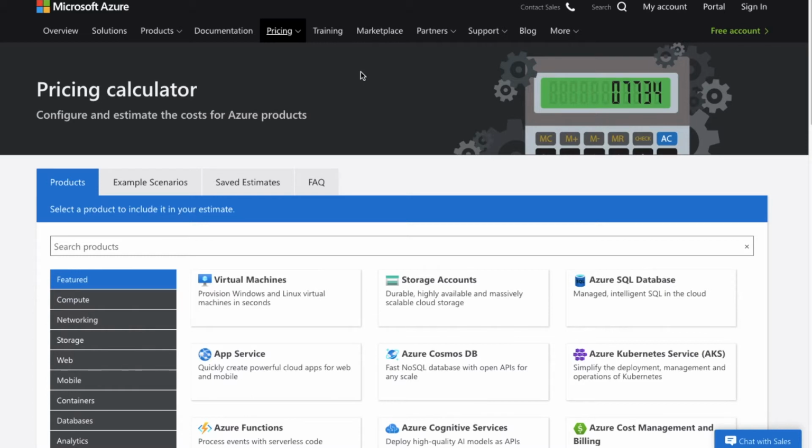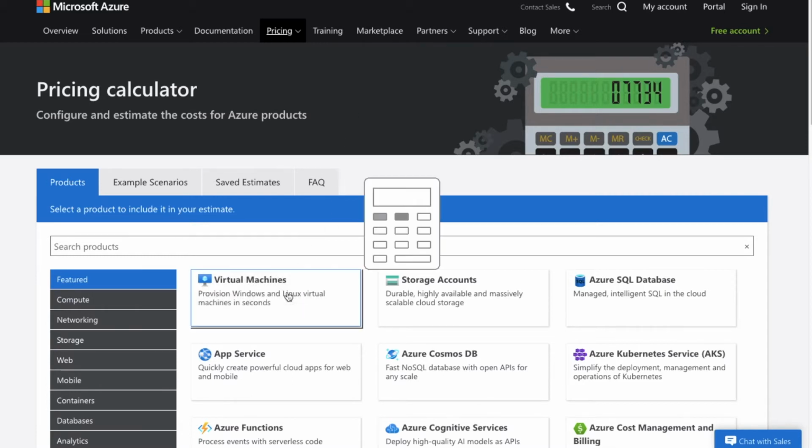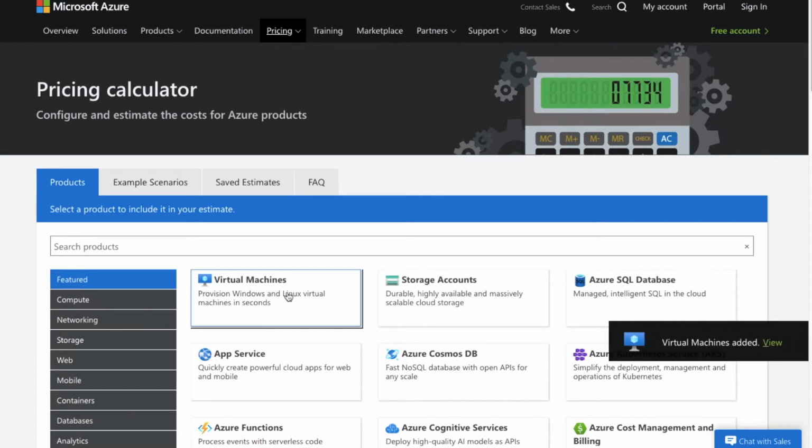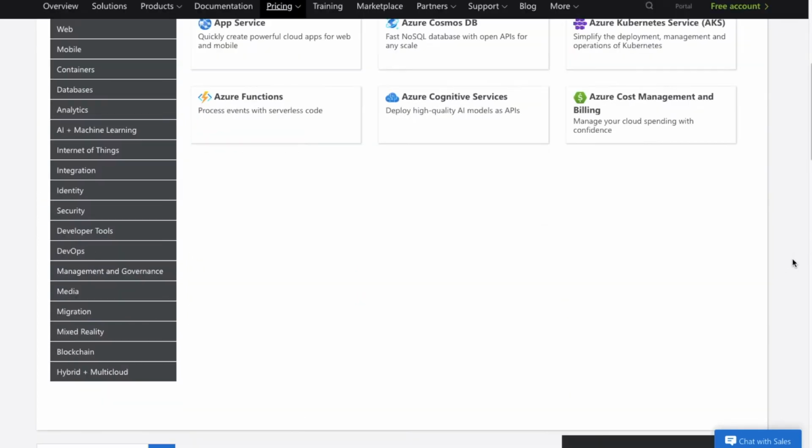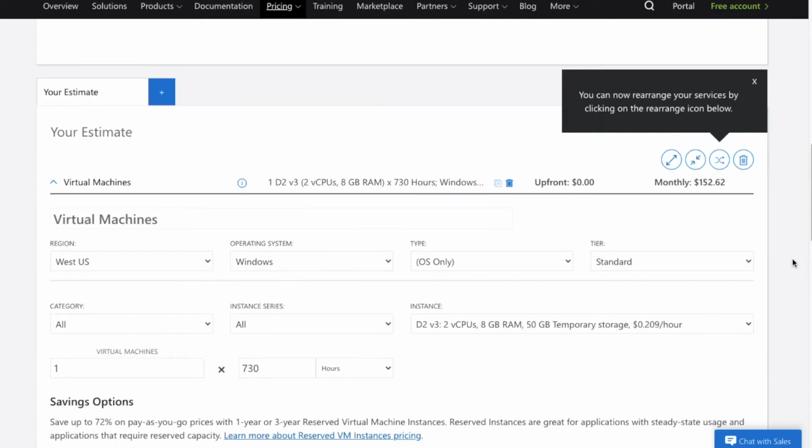So the first thing we need to select is virtual machine. So I will go ahead and click on virtual machine. Once I click, it will show that virtual machines are added. So I will go to the virtual machine section.